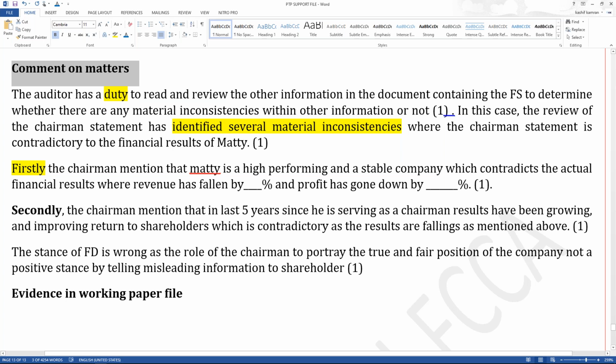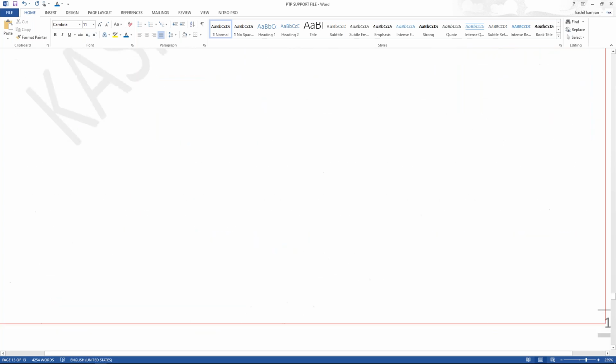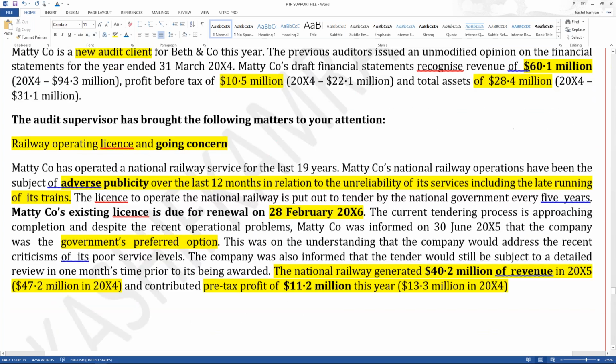You need to be within the case study. You need to involve yourself within the case study and go down with it. Right? Now, look at the second part of the question. The second part of the question is very, very interesting, because in the second part of the question, the examiner was asking us,